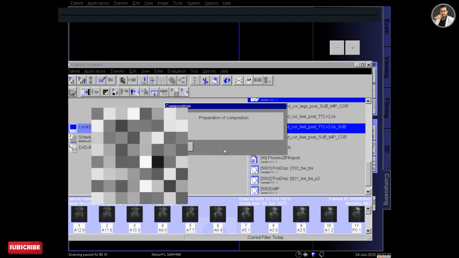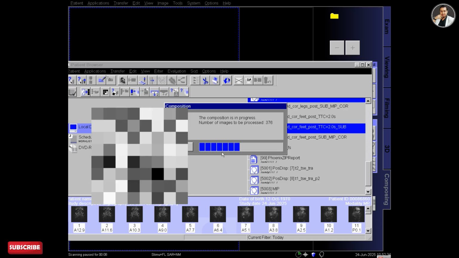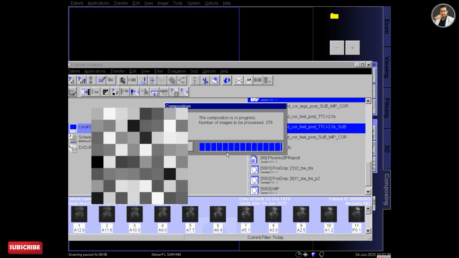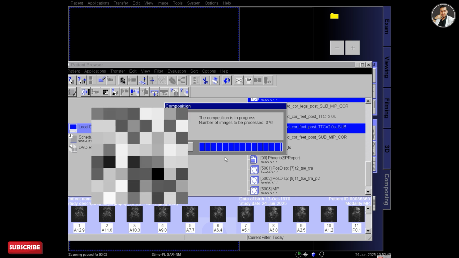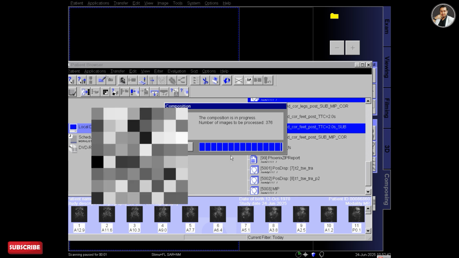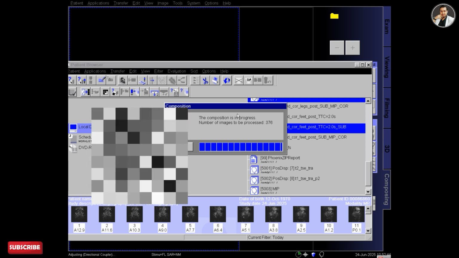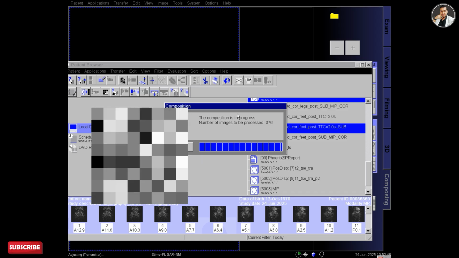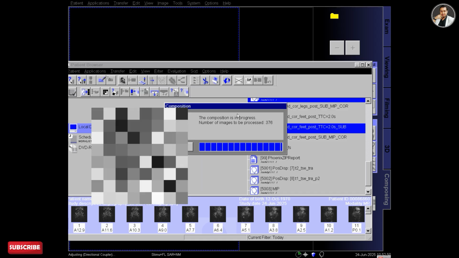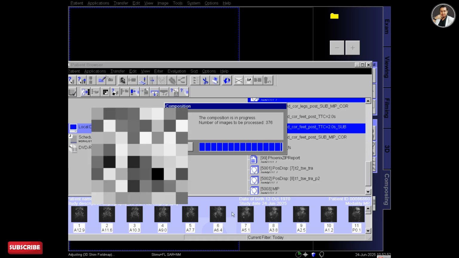So select the sub sequences from all the anatomical regions, abdomen, pelvis, thigh and leg, and then drag them to the composing. There are lots of images, so it will take time to complete the loading. You have to wait for a few seconds.